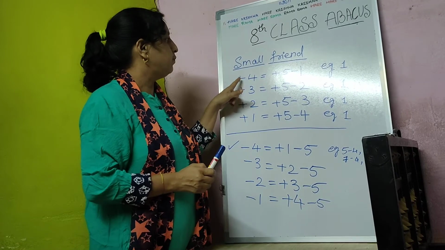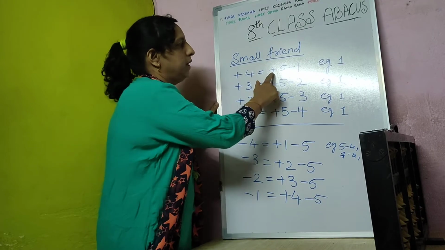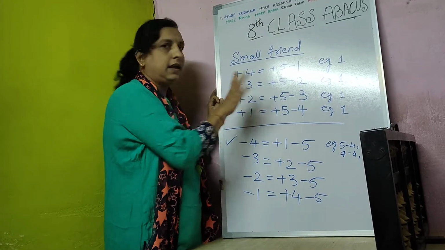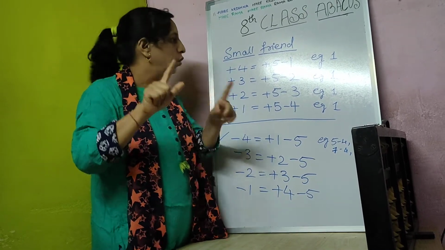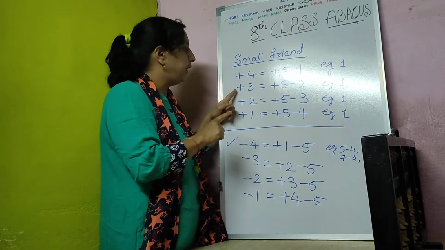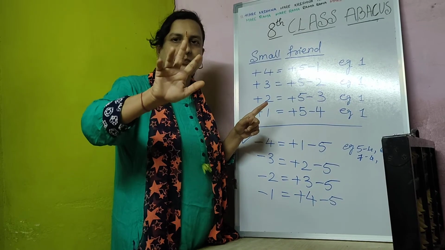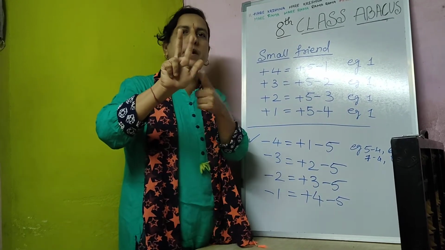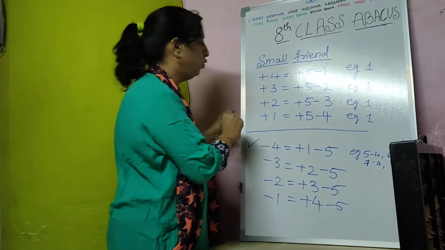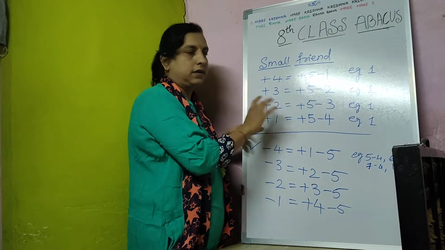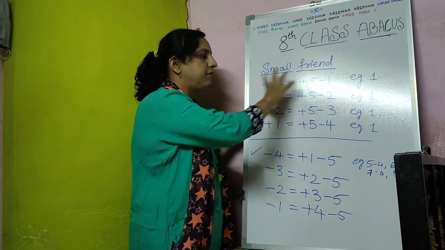So now see here, in small friend +4, the fourth friend is 1, so +5 -1, this you know. And for 3, three's friend is: 3 fingers you have to fold. How many fingers are open here? 2, so +5 -2 is the friend of 3. And if you don't know who is 2's friend, 2 fingers you have to close. How many fingers are open here? 3 fingers are open. That means 2's friend is 3, so we have to do -3. So all friends you have to do minus here. 5 is common. Why 5? Because 5 finger we have to open. That's why this 5 I have written there. Okay, this is a formula.